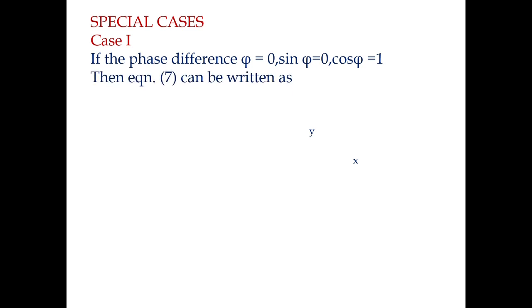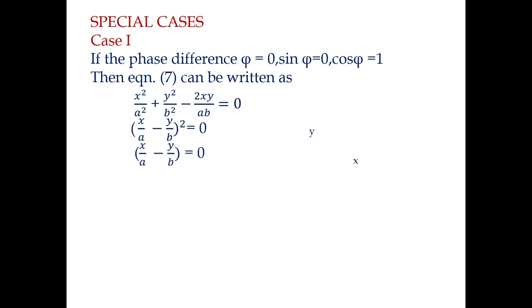So this is the equation of the resultant of two simple harmonic waves meeting at right angles to each other. Now let us see the special cases when the phase difference phi varies. So if the phase difference between the two waves phi is equal to 0, we know sin phi will be equal to 0 and cos phi will be 1. Then